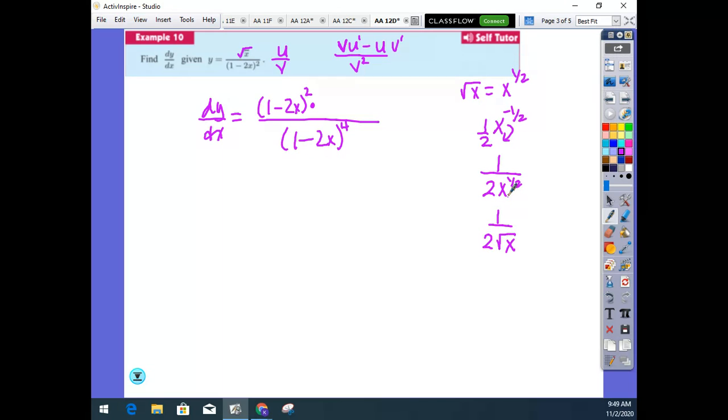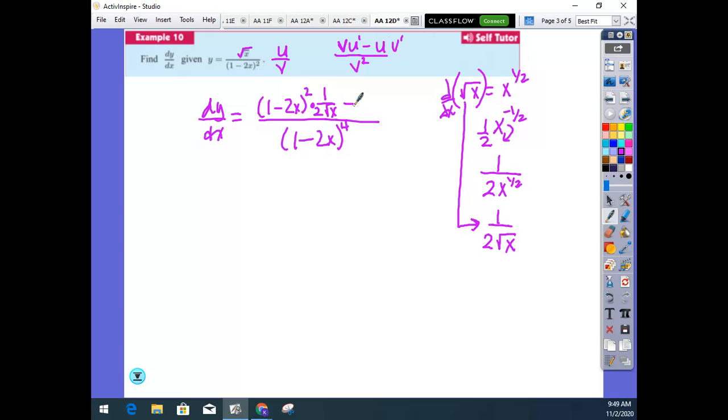And x to the 1/2 in the bottom is just the square root of x in the bottom. When you take the derivative of the square root of x, it's really helpful if you can make the transition that the derivative of the square root of x is 1 over 2 square roots of x every single time. 1 over 2 square roots of x